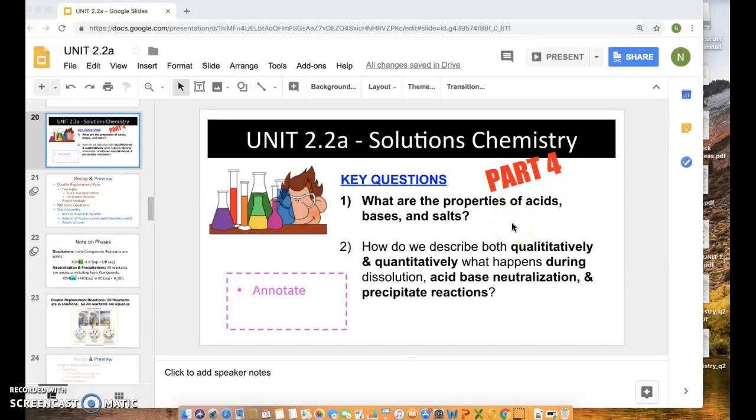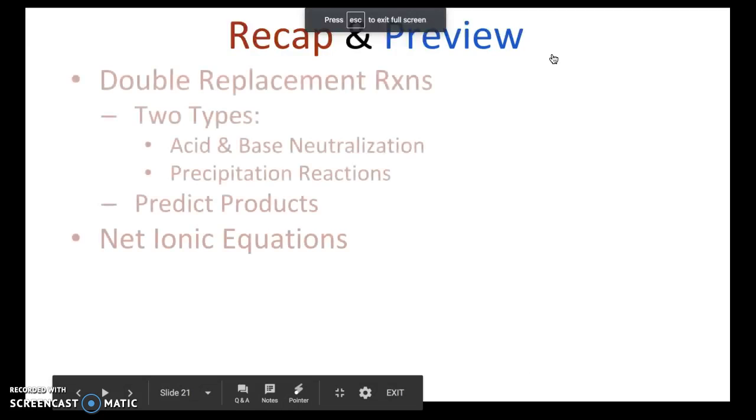Welcome to Unit 2.2a. This is part 4, the last part in this series. So let's just get started right away with a recap of what we've covered so far in parts